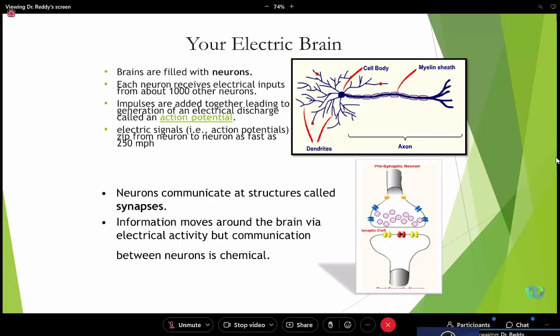Now these action potentials, these electrical signals, jump from one neuron to another at very high speed, like 250 miles per hour. When we capture this communication, we can make a lot of real-time applications. We understand that this is exactly how the deep learning architecture and computation evolved from the biological neuron model. Because you're getting electrical inputs from about 1,000 neurons, when you take a decision like I want to stand up or I want to sit, I'm making thousands of communications from neuron to neuron.